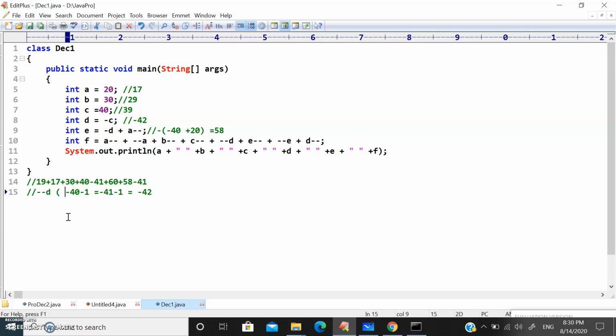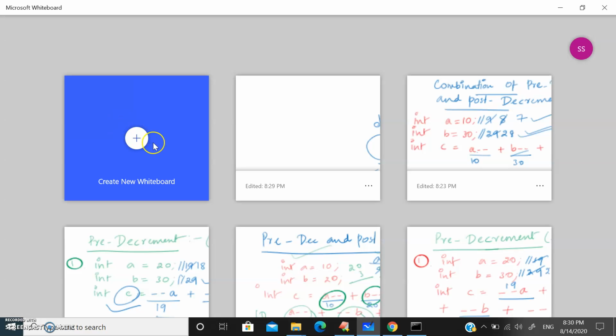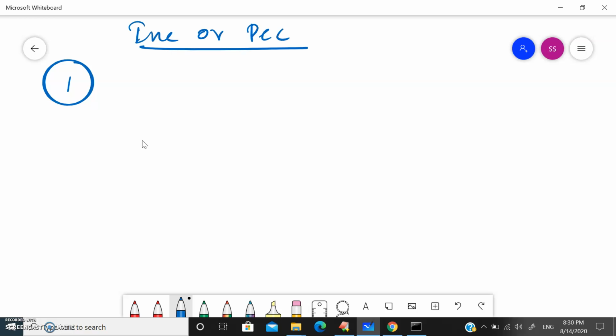Okay, so this is how you need to calculate your pre-decrement as well as your post-decrement operator. I have given n number of questions in the assignment, so please go through it and solve all those problems. And one more important point you need to remember in the increment operator as well as the decrement operator is that there are things you should not do. The first condition is that the increment or decrement operator should be applied only to variables, like a plus plus, b plus plus.